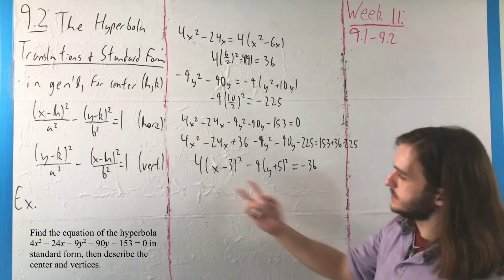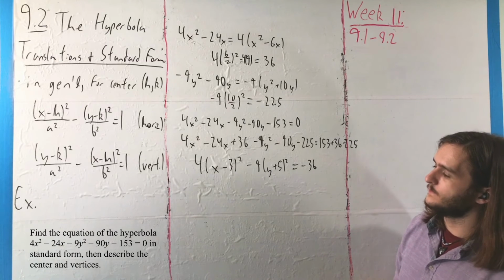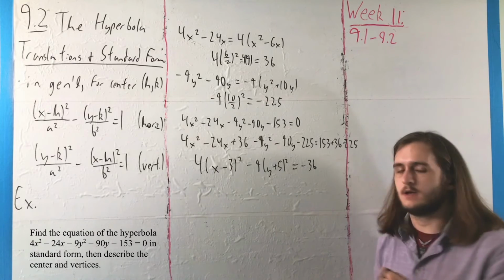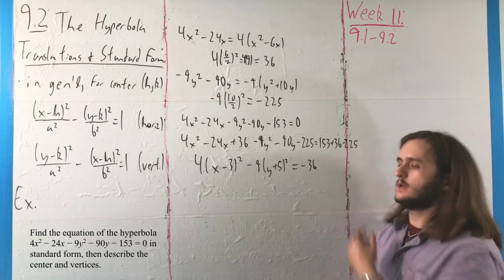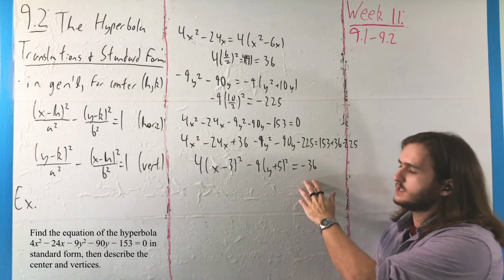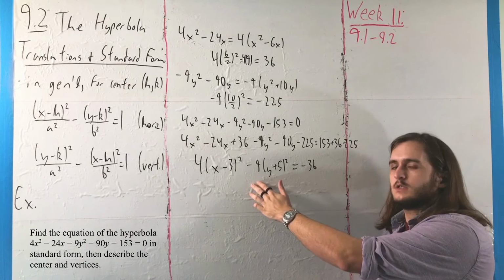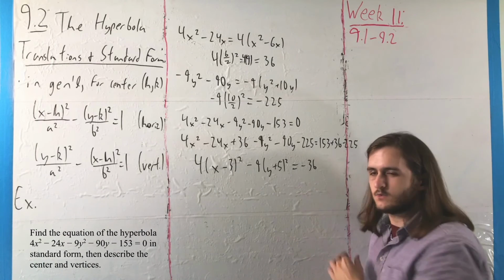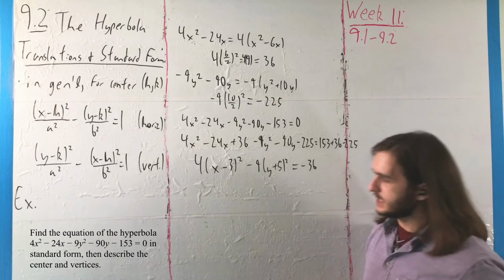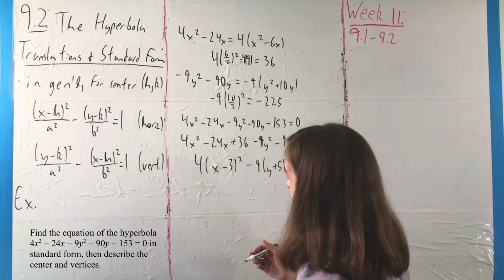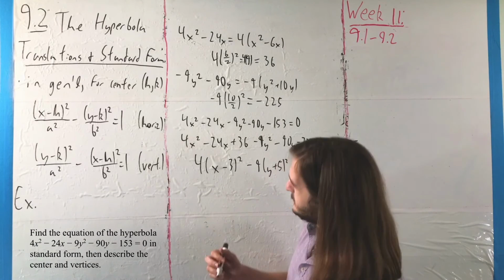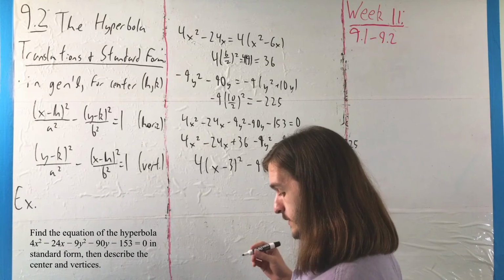So you might think, looking at this, that we have a horizontal arrangement because x is positive in front. But notice, we got a negative 36 here. We want to divide that out to get 1, which means the negative there is going to cancel, and the positive there is going to go away. So you actually have to flip these around a little bit, and putting it in standard form, what we will end up with, well, it's not a very pretty picture, but it's the best we've got, is going to be